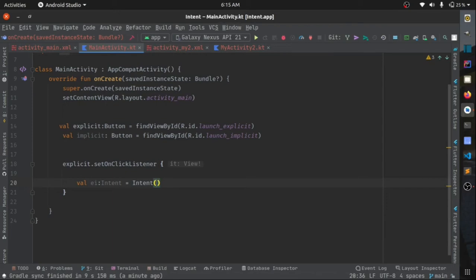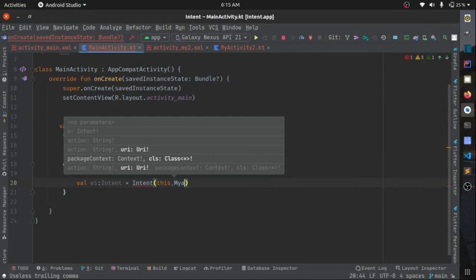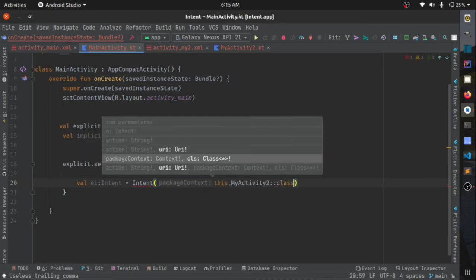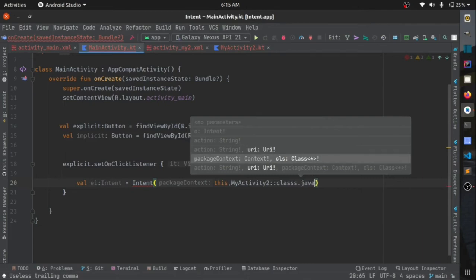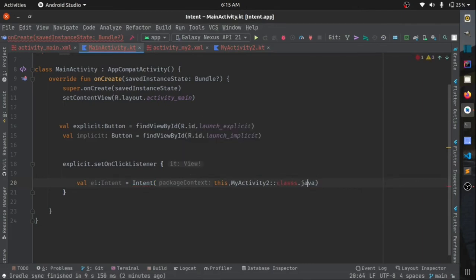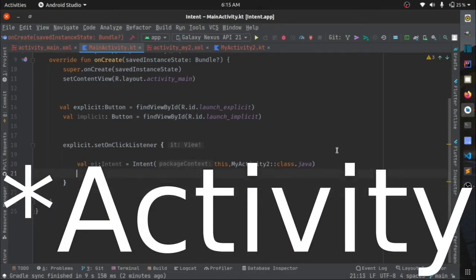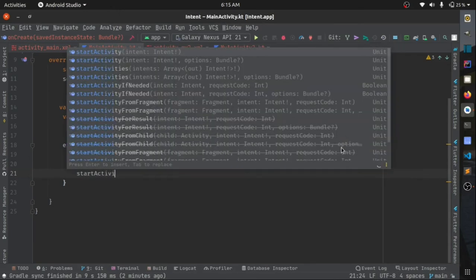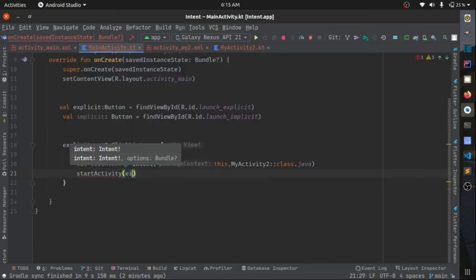We'll pass the context, which will be this, and the activity class name so that it can launch it. For launching an intent, we just need to call startActivity and pass in the intent.